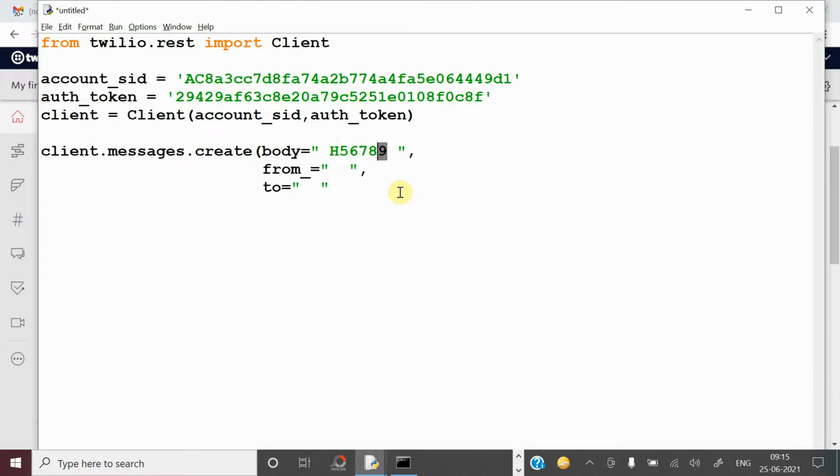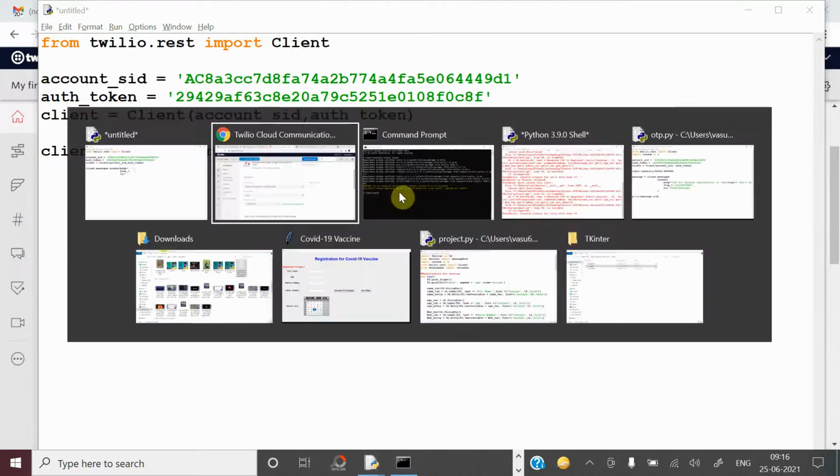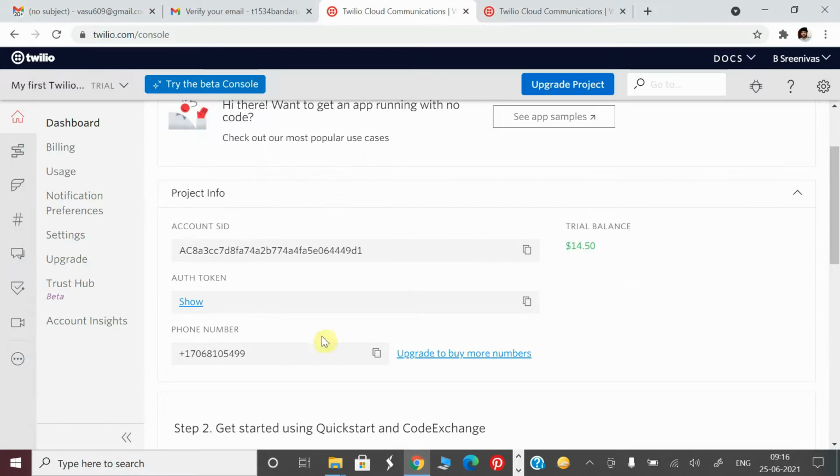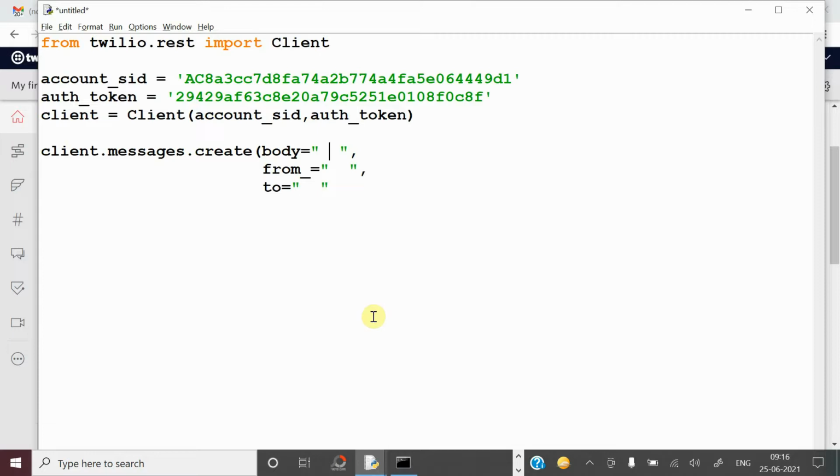Whatever message the user should get should be in the body part. For from, in the Twilio API you get one phone number when opening the account. The same number should be copied. So the user will receive the message from this account, from this mobile number only.